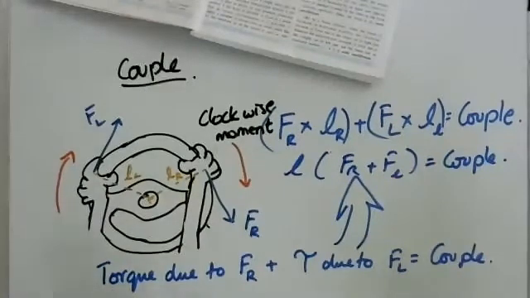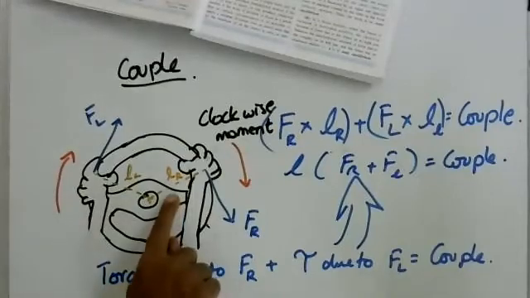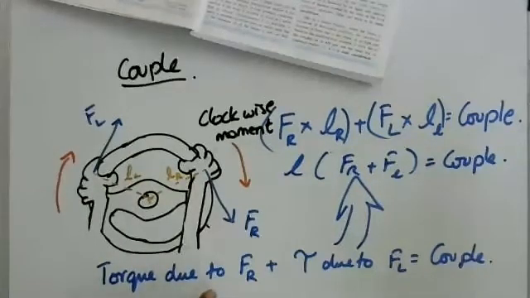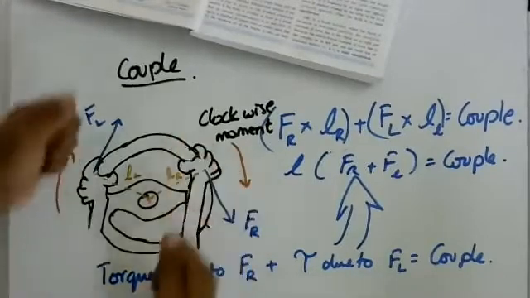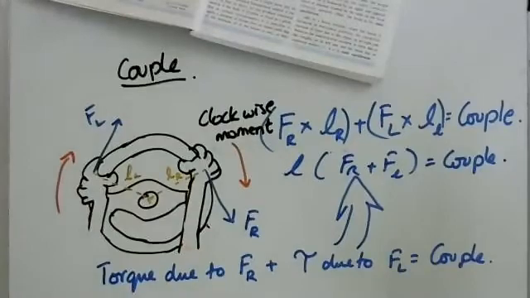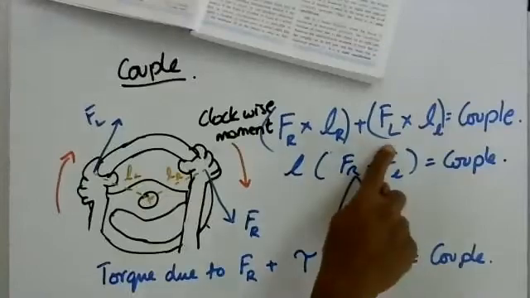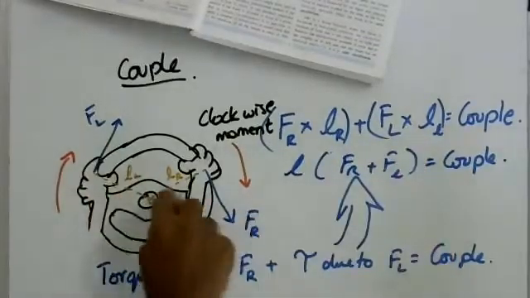Remember that the torque or the moment of force is the force multiplied by the length between the axis of rotation and the line of action of force. So I label them as LR for this force and LL for this force. Therefore, the torque due to Fr plus the torque due to Fl by both hands, that is what we call a couple. So to combine that into an equation, the torque due to Fr will be, of course, Fr multiplied by Lr. Torque due to Fl will be Fl multiplied by Ll, these two and these two,